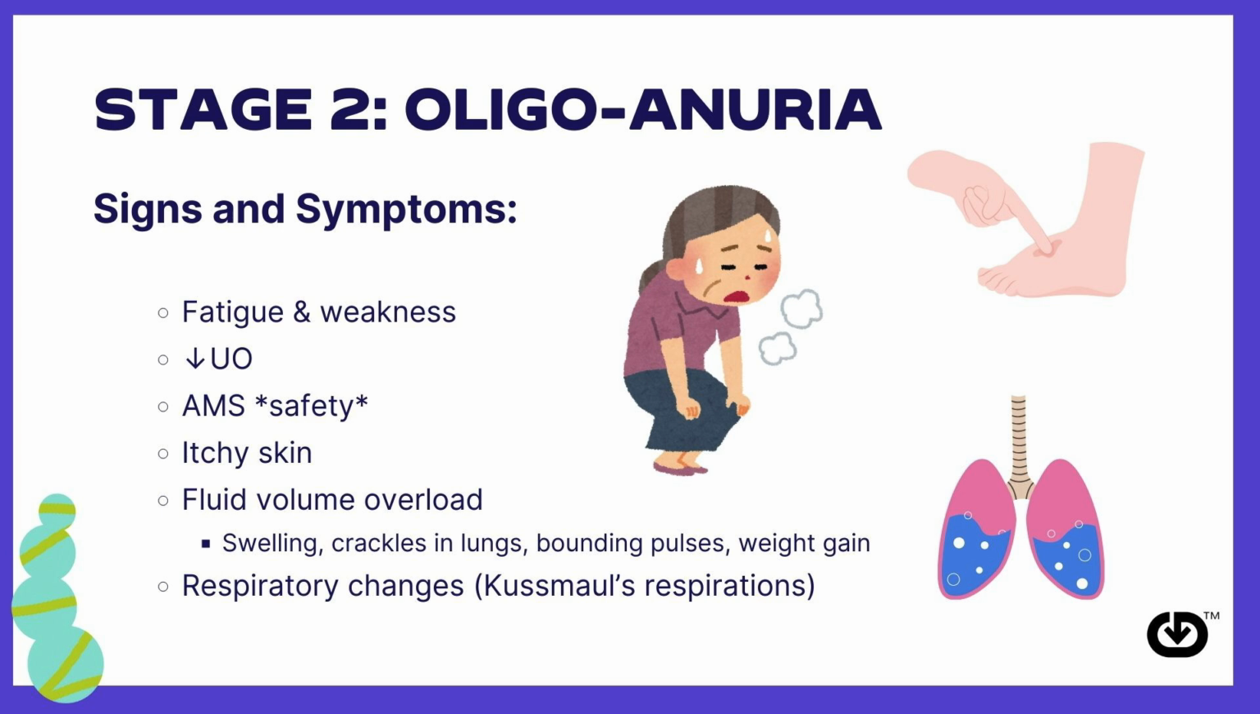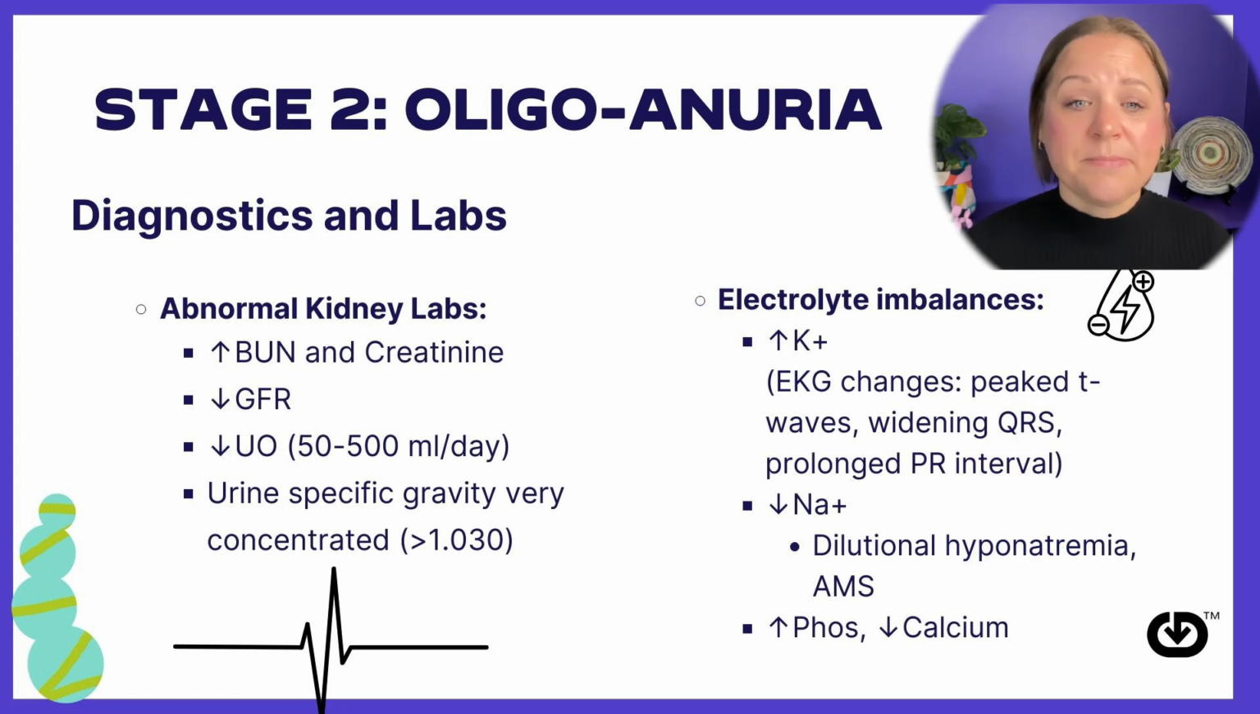Signs and symptoms of oligoanuria, stage 2, include fatigue and weakness, decreased urine output, altered mental status, and so remember that safety is a priority if there's an acute AMS change, itchy skin from the buildup of byproducts and waste products in the body, fluid volume overload, which is associated with things like swelling, crackles in the lungs, bounding pulses, and weight gain, and respiratory changes, either crackles in the lungs from fluid volume overload or even some Kussmaul's respirations due to metabolic acidosis. Diagnostics and labs are going to be looking at things like abnormal kidney labs and electrolyte